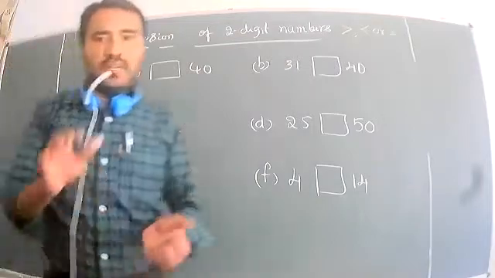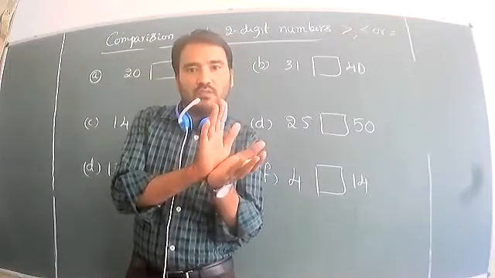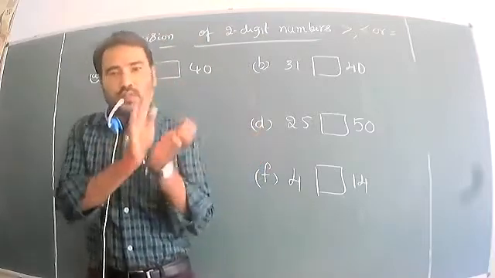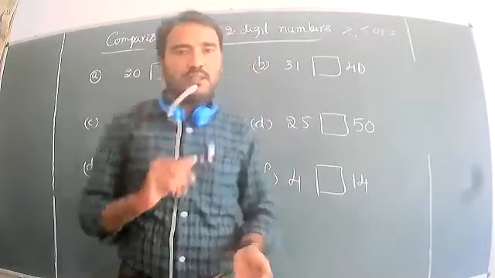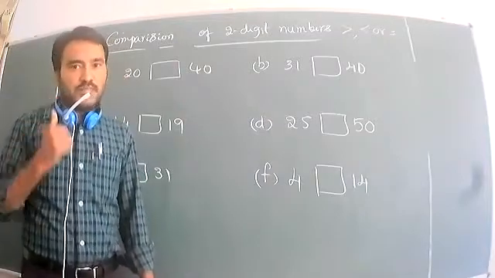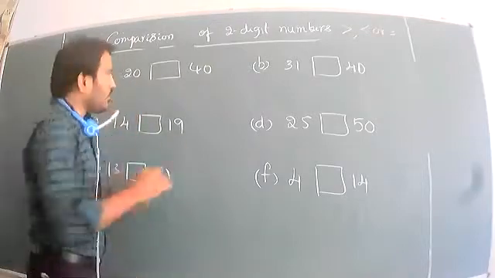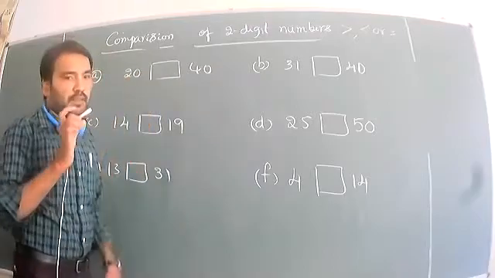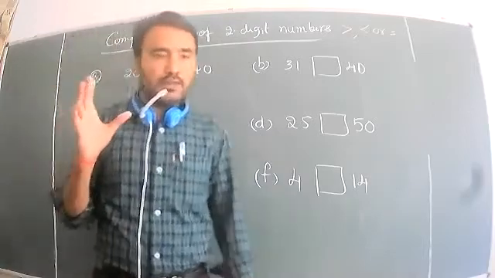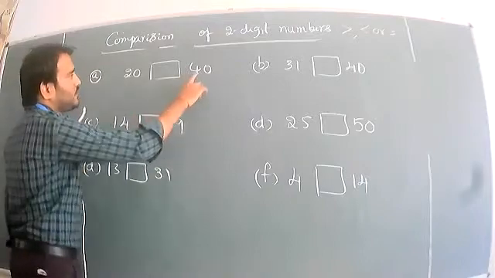Guruji, when the bigger number is on that side, you have to open the symbol. Which side is small, which side is greater? On the greater side we have to open the symbol. Keep that in mind. How do we find which one is bigger, which one is smaller? Okay, here 20 and 40. How to compare? Now see the first digit of the given numbers. Compare the first digits, here 2, here 4. Which one is greater? Greater is 4, 2 is smaller.